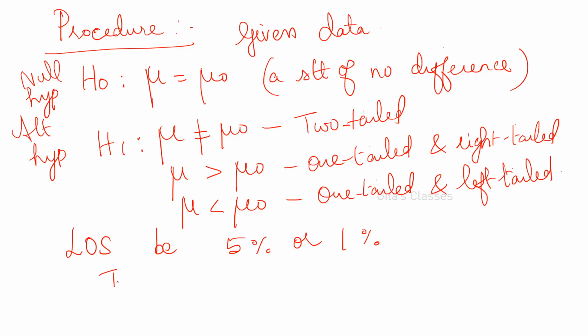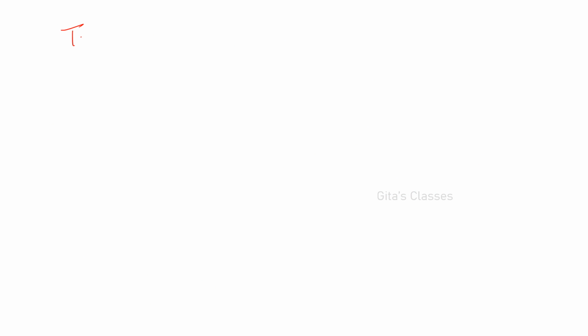Next is the test statistic. You have to calculate the test statistic. Only here will there be differences between the methods. You have to calculate the Z value, because we are seeing large samples here, in unit 4 only large samples. The Z value should be calculated using the formula. For single mean you have a different formula, for two means a different formula, and similarly for single proportion and two proportions. Only 4 formulas are there. Please remember, write and learn those formulas by heart. So the calculated Z value should be calculated like this.